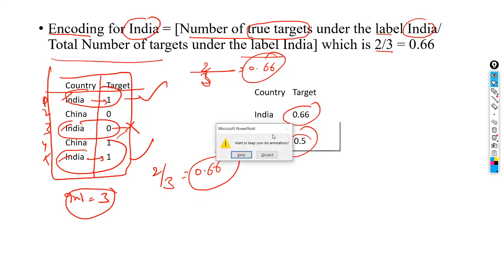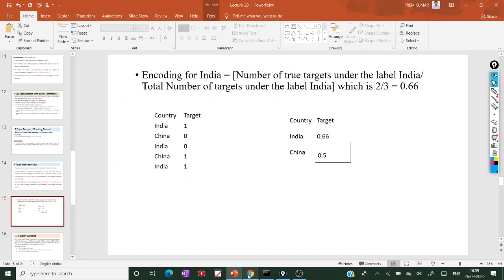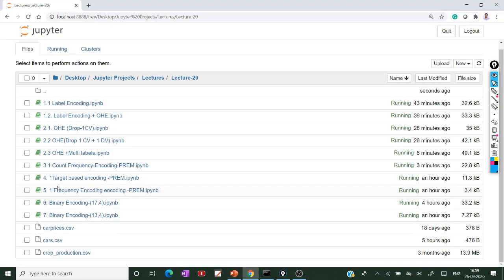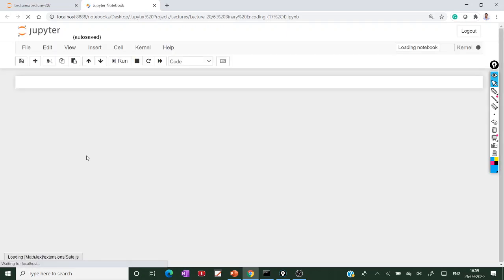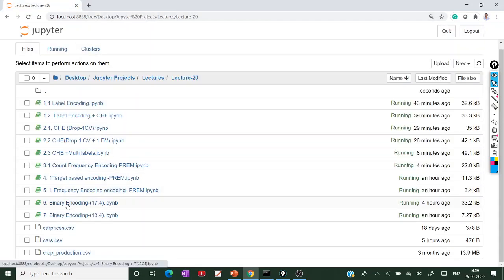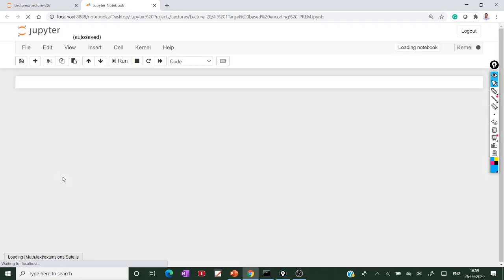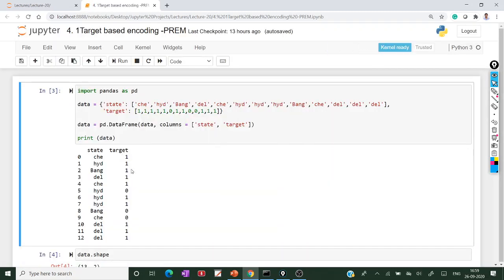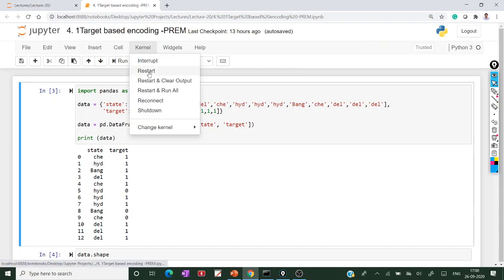If you see the practical, here I am taking the practical on a new data frame.